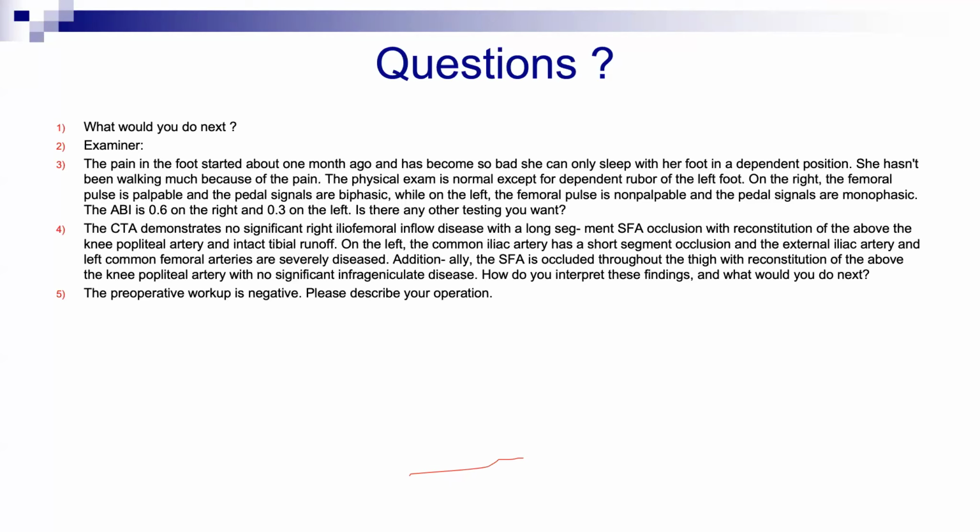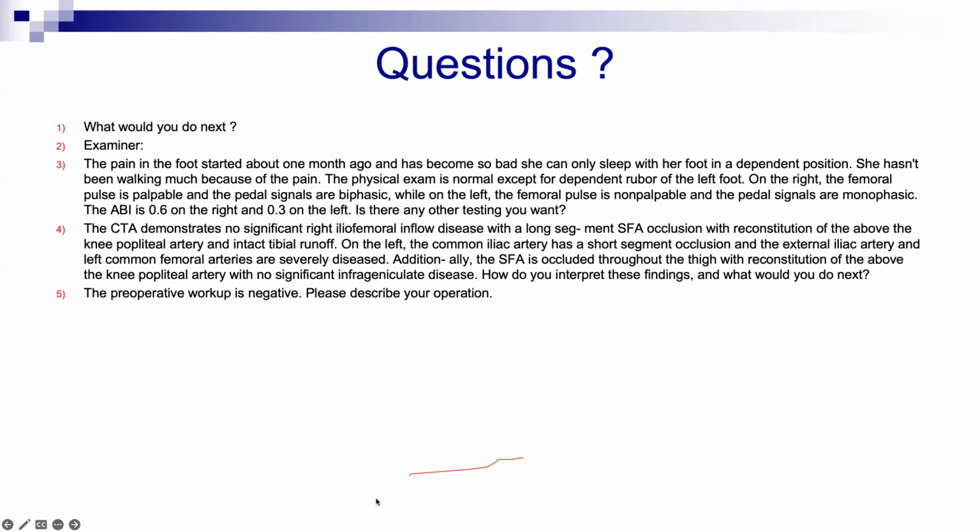Why so far from the inguinal ligament? The common femoral artery starts exactly at the inguinal ligament. So why go too low under it? You have to start from the inguinal ligament and go down, but you don't start 10 centimeters too far, because then you'll be at the SFA. Yes, I made a mistake. You start at the inguinal ligament and go down. Then dissect down till we reach the common femoral, superficial femoral artery and the profunda.